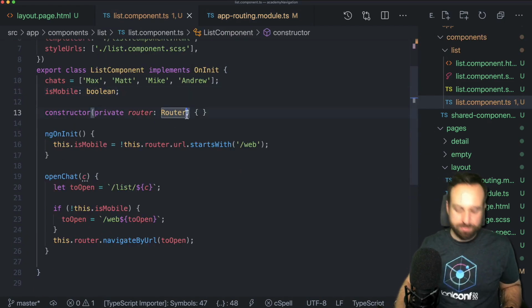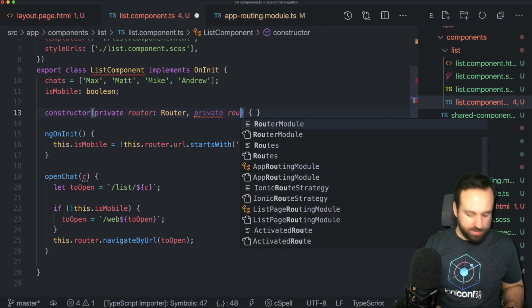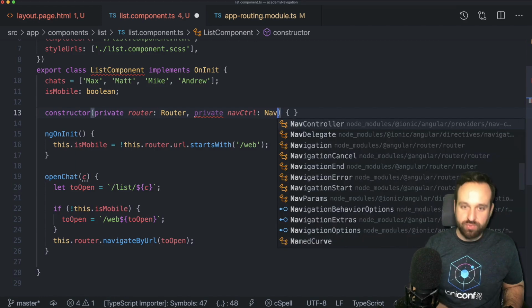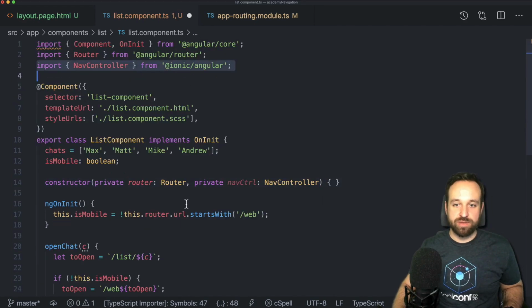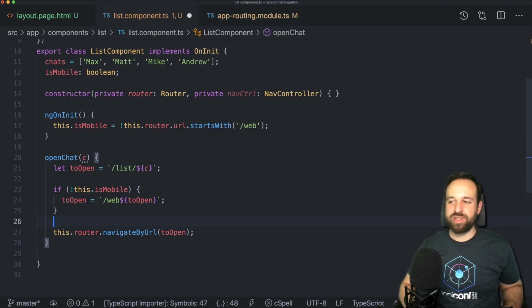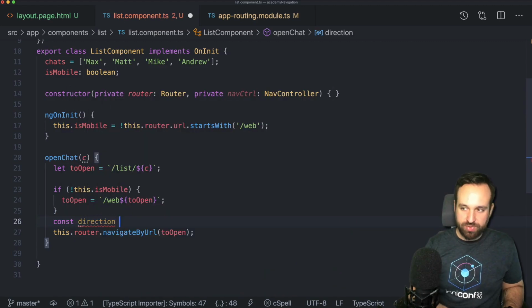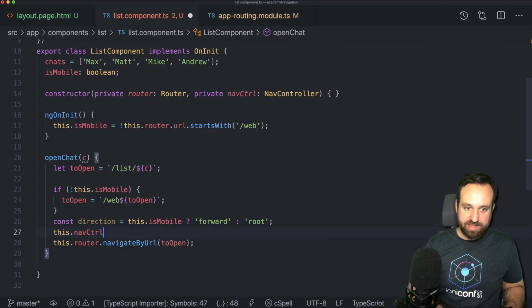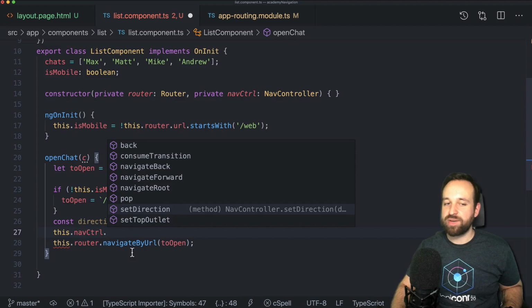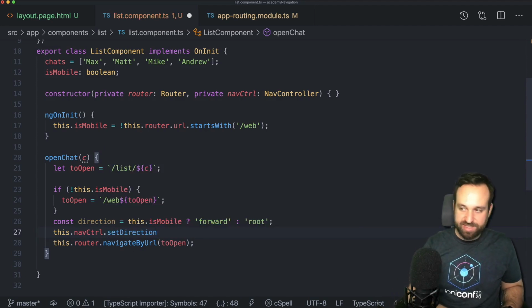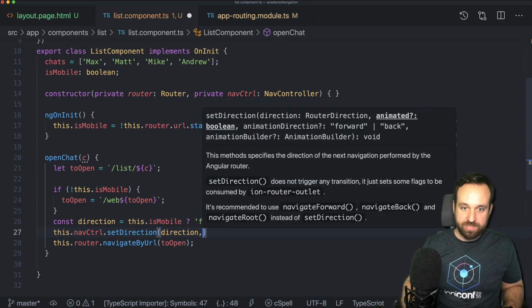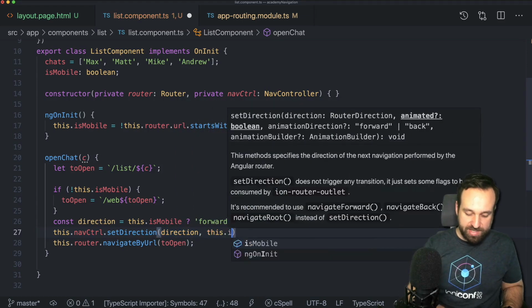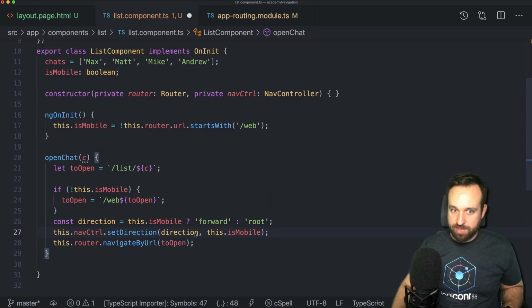And we can easily fix this by injecting the router. No, not the router, the nav controller from Ionic Angular. So there we go. And then we can define by code in which direction we're moving. So if this is mobile, we're gonna use the forward animation, and otherwise we're gonna set the root animation. And we consume this by using the nav controller right before we call navigate by URL on the actual router and call set direction,